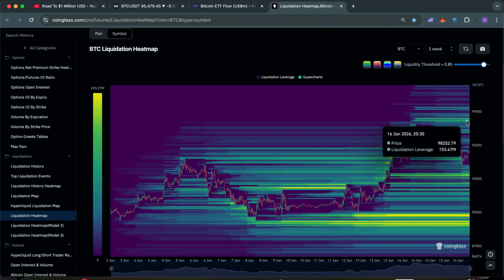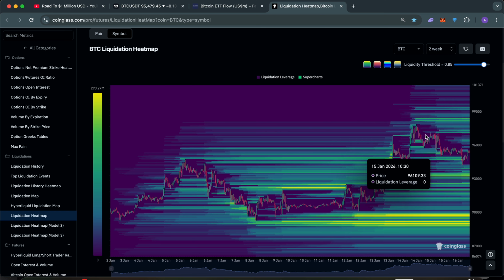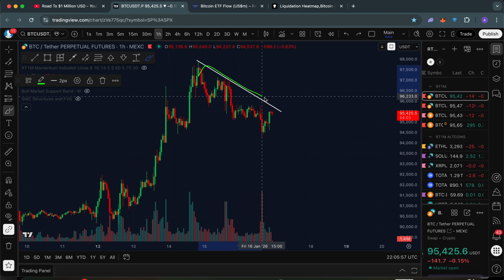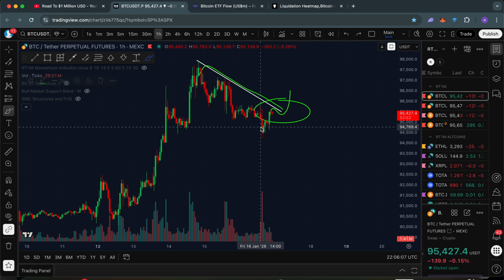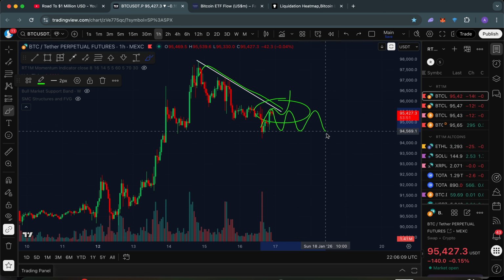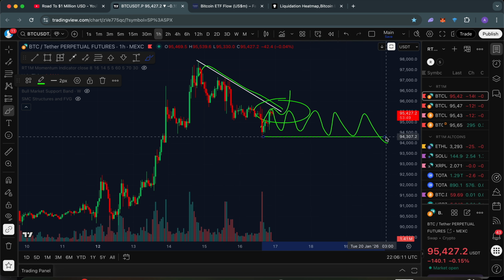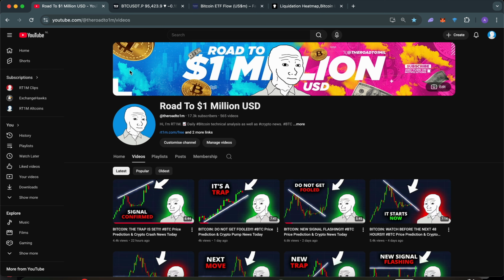However, there is also some upside liquidity left, so potentially we do have a bit further of a squeeze to look for. Although if you're going to see a break of this descending trend line, make sure to actually look for some volume to come in. Otherwise, this is likely going to be a low volatility weekend with basically just some choppy sideways price action playing out. So either way, this has been today's market